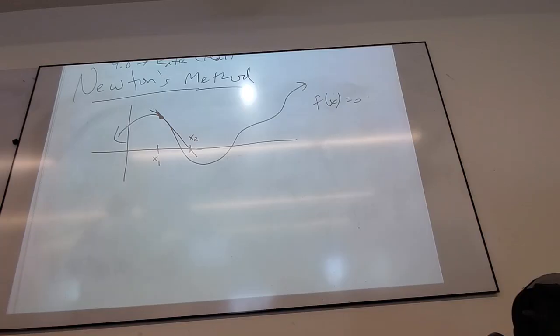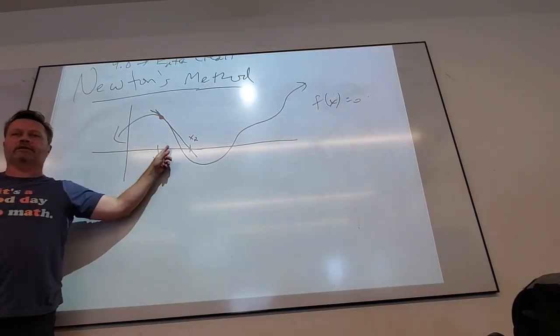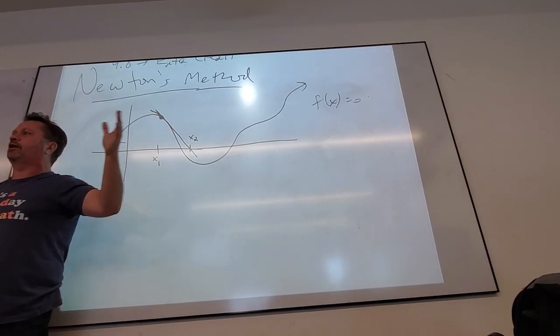And again, I don't have access to the graph, but just to show you behind the scenes, the graph is like behind me. You don't even know it's behind me. And I take a guess and it laughs at me. And let me shut up. I could hear it giggling. And then I make a tangent line, and the x-intercept of the tangent line, is it closer to the actual x-intercept I'm trying to get?